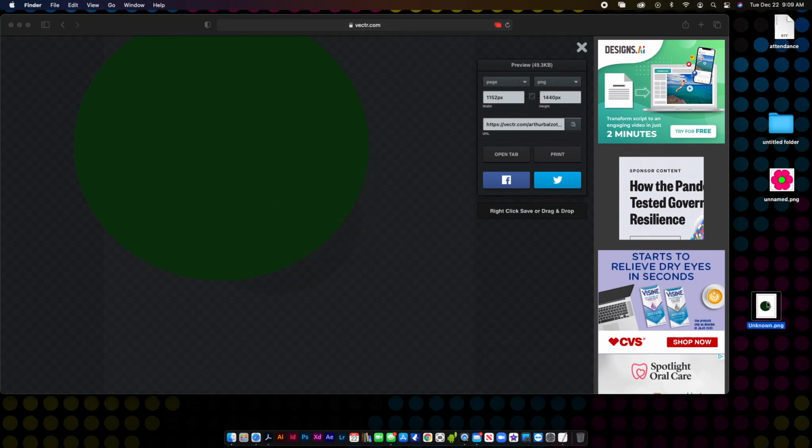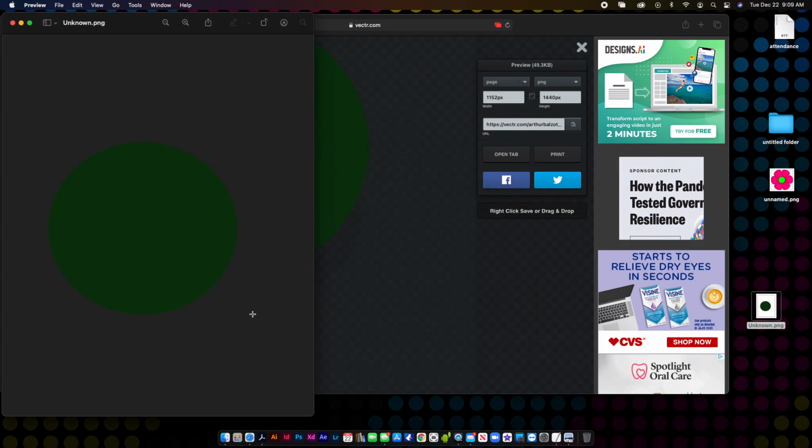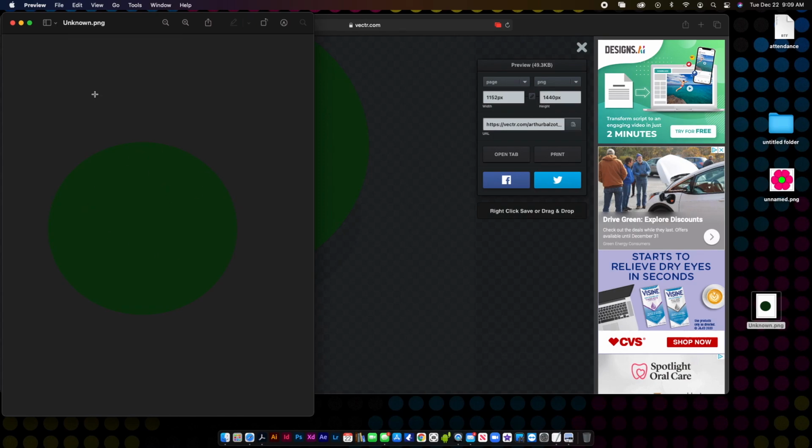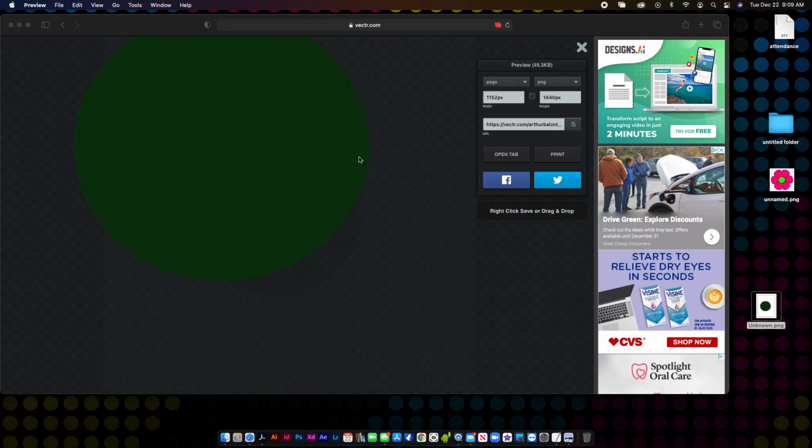If you opened this image up in any type of preview, you're going to notice it's black here. You want that. That's because it's translucent, so you can see through it. That's what we want when we print it on the direct-to-garment machine. But that's basically how you're going to do that. I have a video on that as well, so that you can figure out how